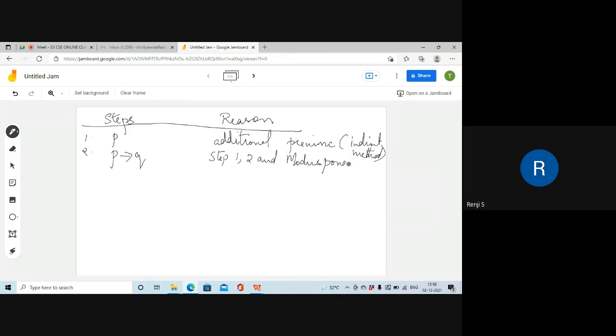Modus ponens. If you apply modus ponens, P and P implies Q, you get Q. Oh, sorry, here you have to write the premise. It is the second premise, and this step you have to write it down. In the third step, here you have to write it is a premise. Premise 4. Okay, it is premise 4. And third step, you have to write this.